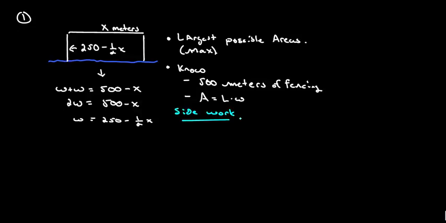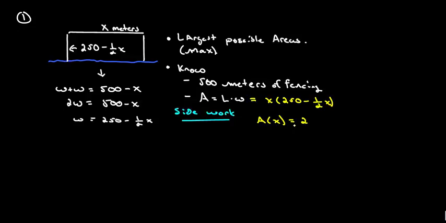If you're working on a test in this class, or actually maybe something in a physics classroom, play around with some numbers and see what happens. So we know that we have an area. Our area is equal to x times 250 minus 1/2 x. So in other words, the area as a function of this side length x is equal to